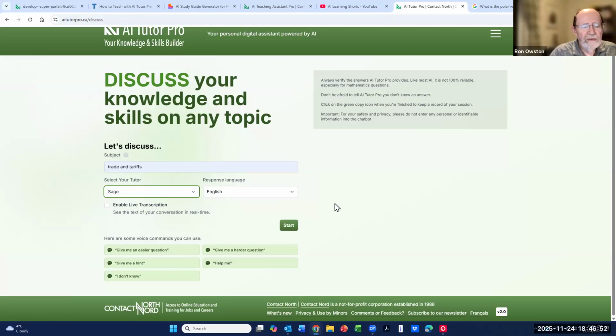Where this is really helpful is for those who are more auditory learners, you could say, or who just want that reinforcement. It's great for math, chemistry, the STEM subjects, where entering symbols into a keyboard is kind of awkward. So we'll show the first version without the transcription. Okay, tariffs and trades, and we'll try it here.